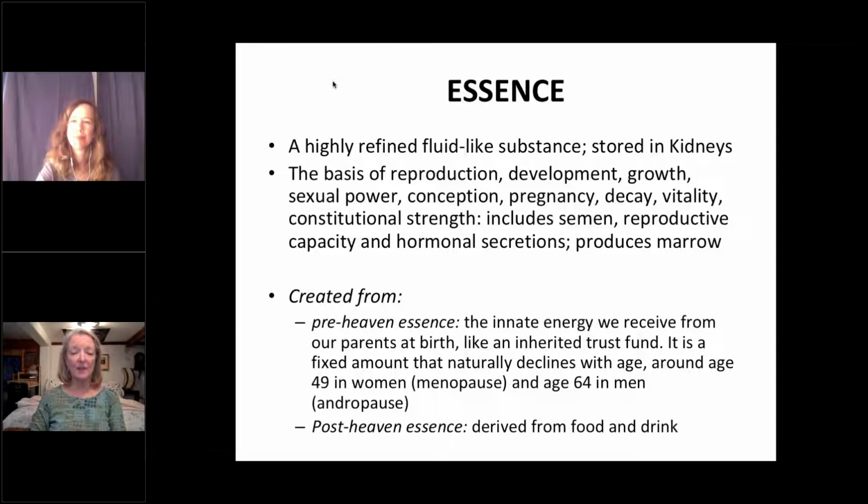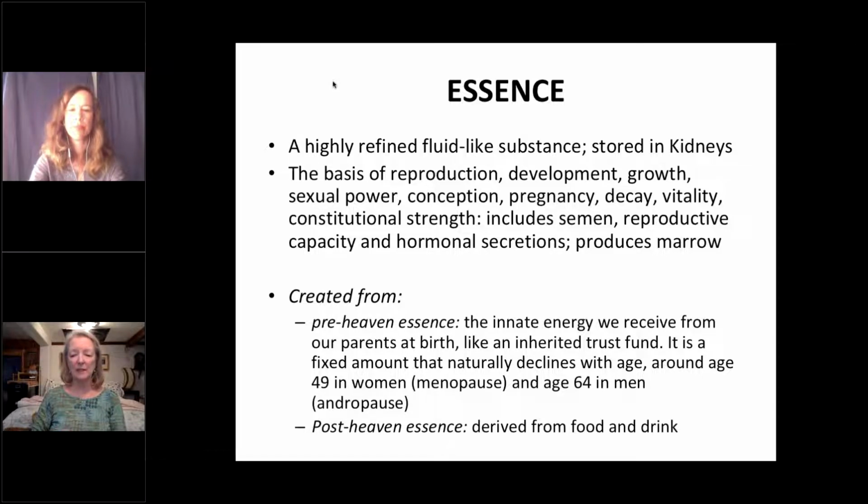damaged essence, where they automatically have problems that happen from childhood on. Late growth, late closure of the fontanelle, slow growing, maturing on all levels, mental, emotional, physical, or aging too quickly so that they actually die in their 20s. That is another irregular deficient essence condition. And as it says here, there's a pre-heaven essence, everything I've been talking about, and post-heaven essence, we supplement essence